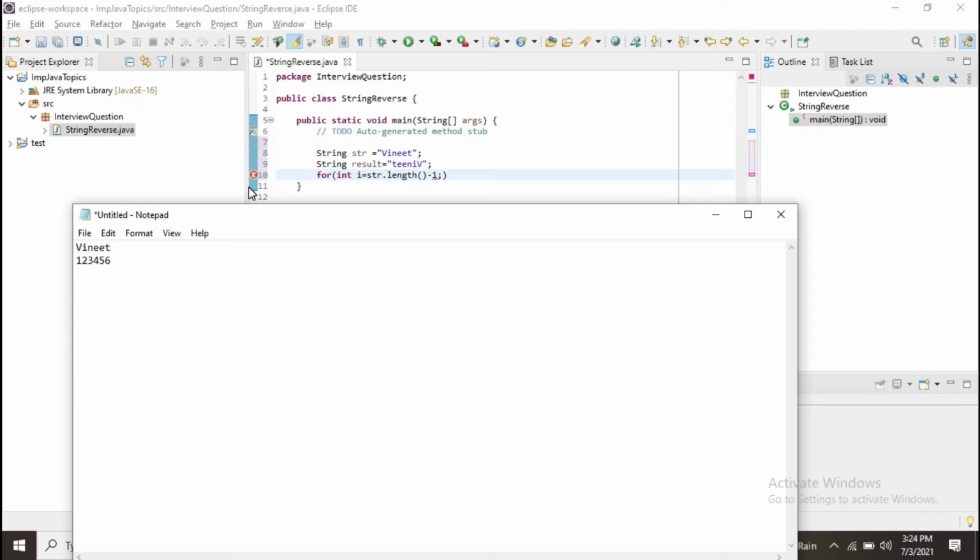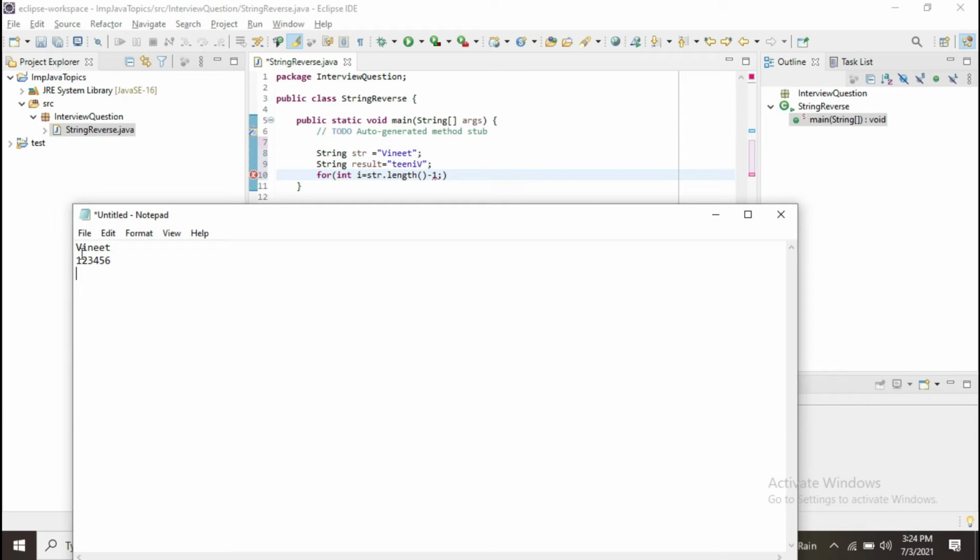But when we come to this for loop iterator, when we are traversing through this string, if we give the length 6, and you print string dot length using system dot out dot print, it will give you 6.